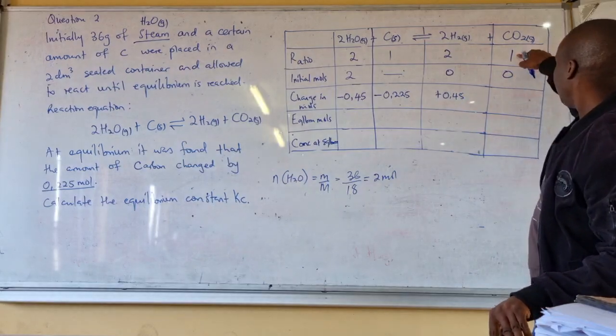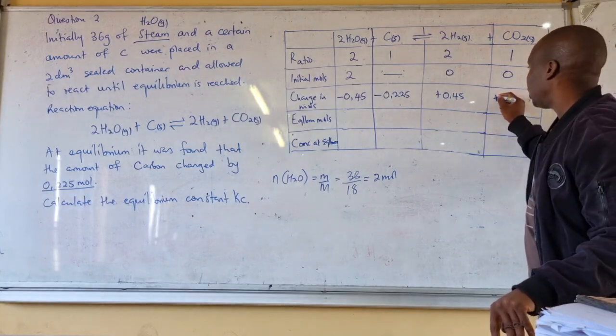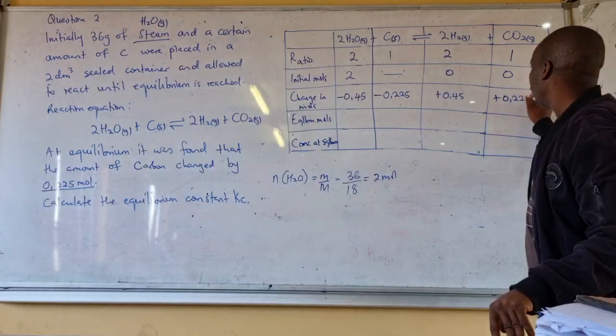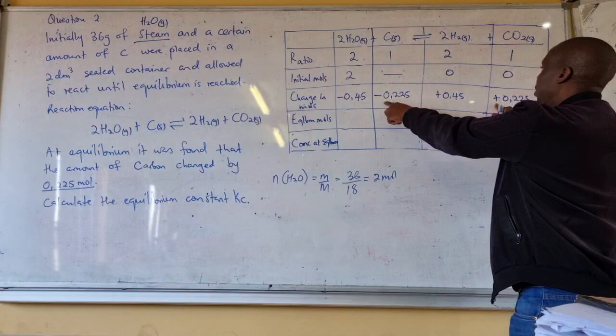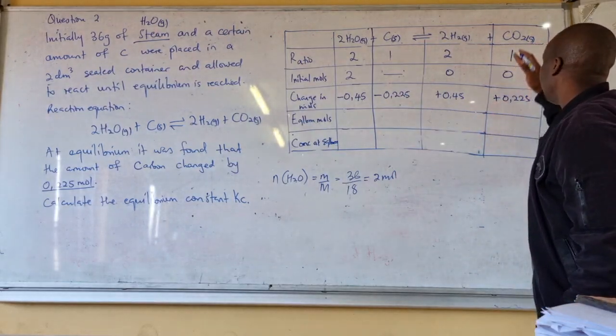Right? Then carbon dioxide, positive 0.225. Same ratio, same change. Only different in the sign. The carbon dioxide, the product, which